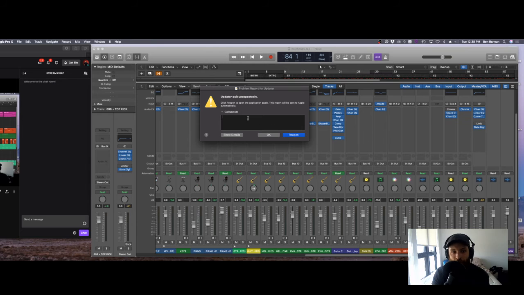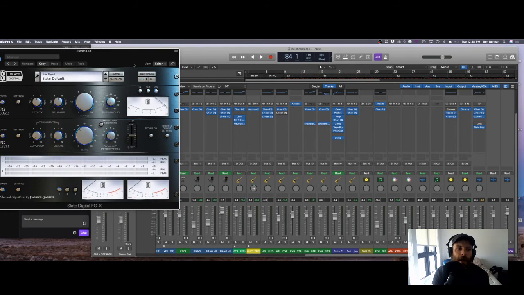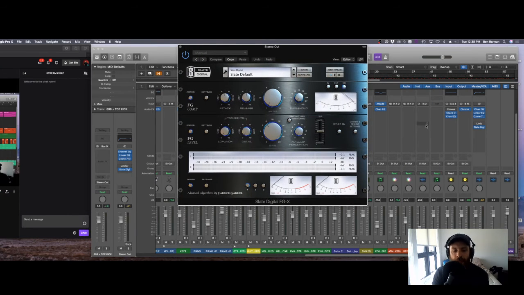And then on top of the maximizer, I have my absolute favorite plugin, which is Slate Digital's FGX Mastering Limiter, which is really just that. It's a limiter to help you maximize the volume, and it's not too brutal on the sound. So if I take this off,